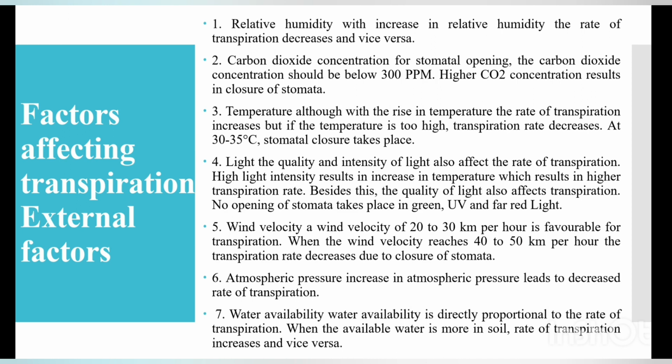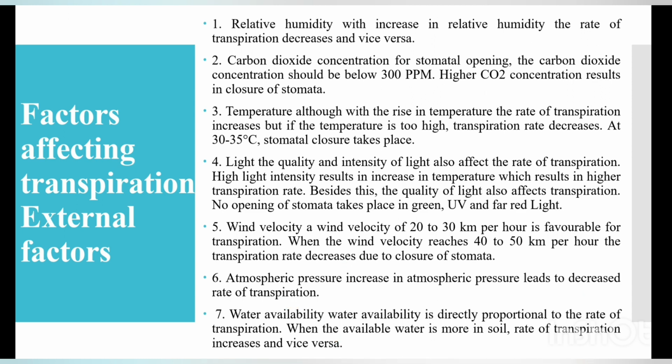Then wind velocity. A wind velocity of 20 to 30 kilometers per hour is favorable for transpiration, but when it reaches 40 to 50 kilometers per hour, the transpiration rate decreases slowly. Then atmospheric pressure: an increase in atmospheric pressure leads to a decrease in the rate of transpiration. Then water availability is directly proportional to the rate of transpiration. When the available water in the soil is more, the rate of transpiration increases, and when it is low,